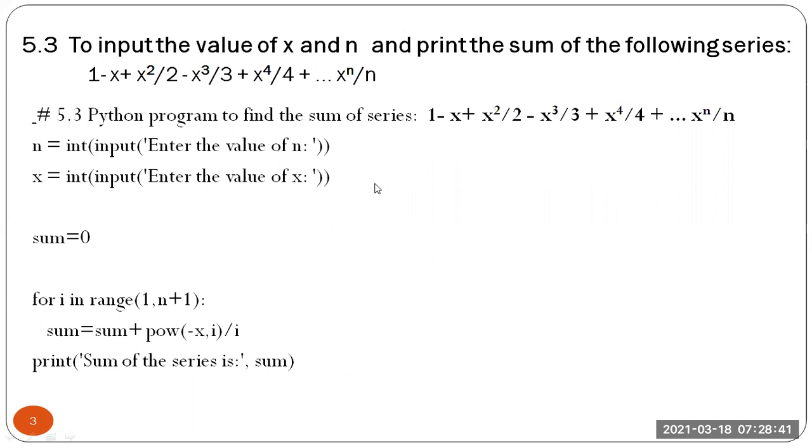So how will this work? First time the value will be 1 only, because the first value will be 1. So this will be 1 raised to the I value, which is 1 only, divided by 1 only. That is where we are starting. Okay, so let's start now. The only change here is we have put the value 1 over here, and we are dividing by I, because I will take whatever value, and we divide by I. So let's run and see what we will get.